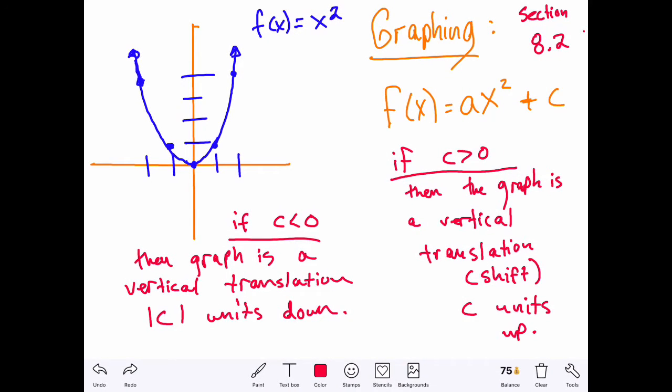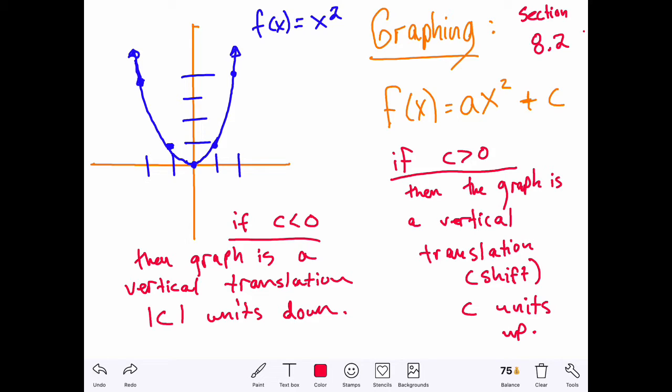Okay guys, let's look at section 8.2, and we'll now be graphing the function f of x equals ax squared plus c, c being some constant that we would add or subtract to our parent function. And remember, our parent function is f of x equals x squared. And in the last section we looked at f of x equals ax squared,